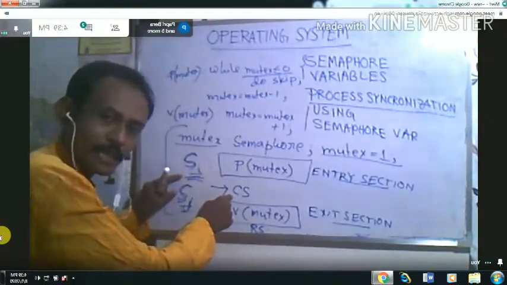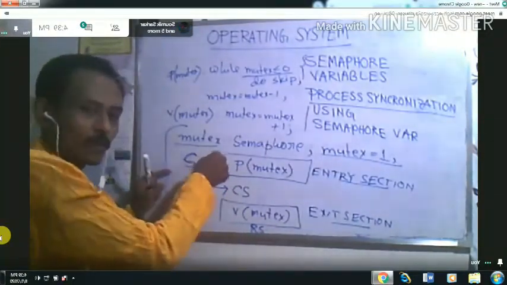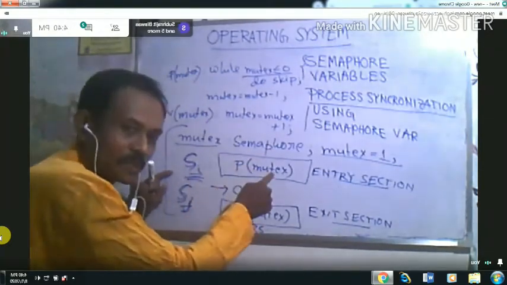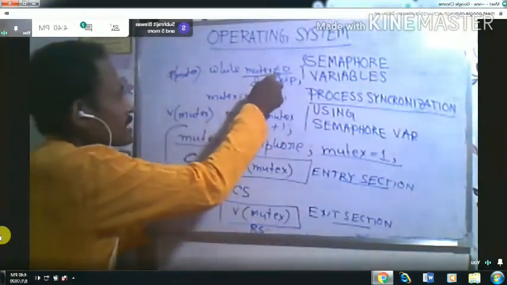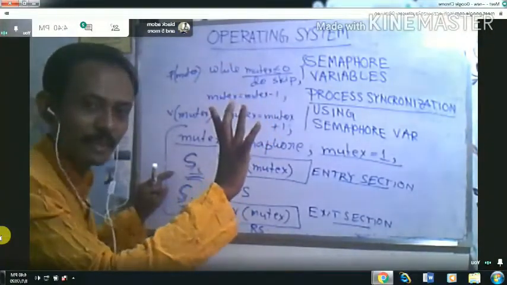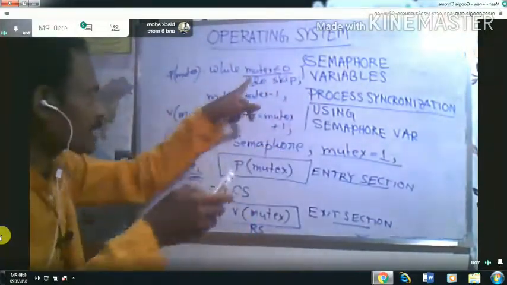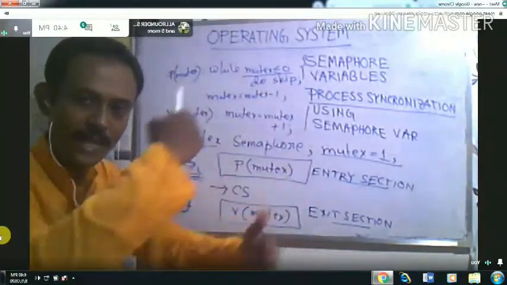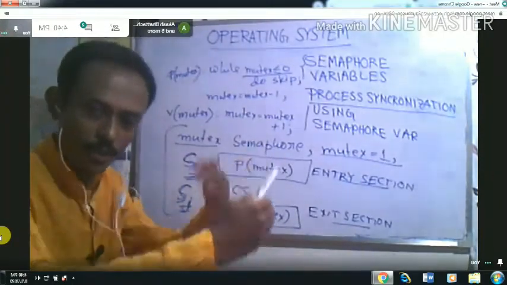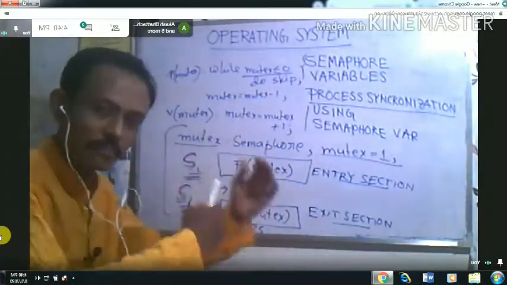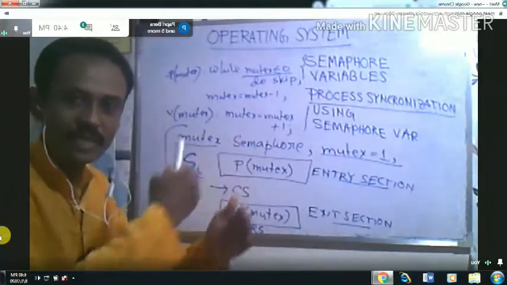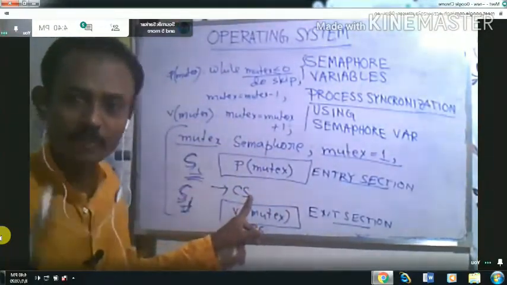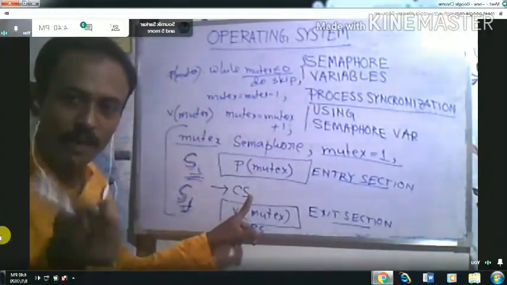So when SJ wants to enter into the critical section and calls the P mutex function, it will find mutex less than equals to 0. It will satisfy the while loop, so it cannot exit from the while loop. That means it will keep executing within the while loop. So as SJ will be waiting within the while loop, it cannot access the critical section. At a time only one process can access the critical section.